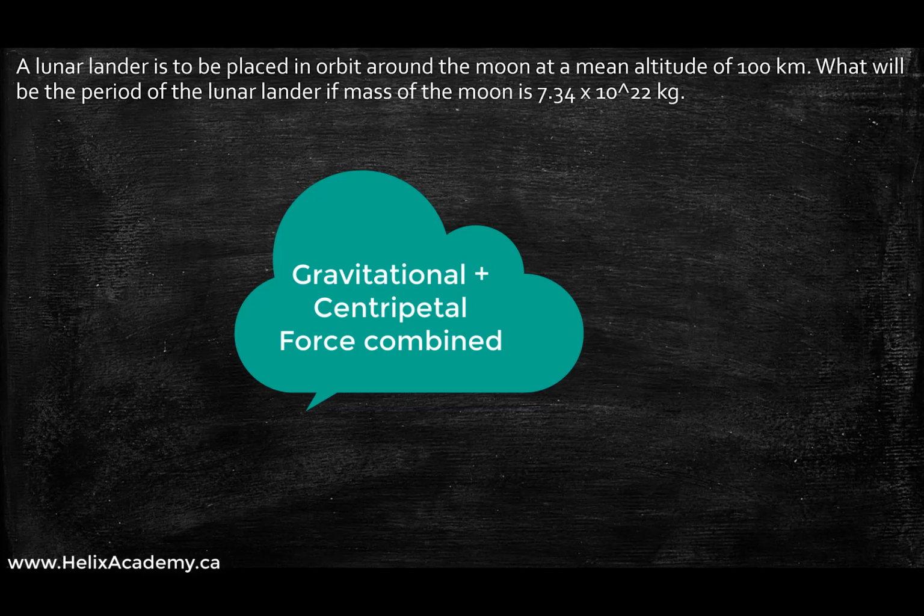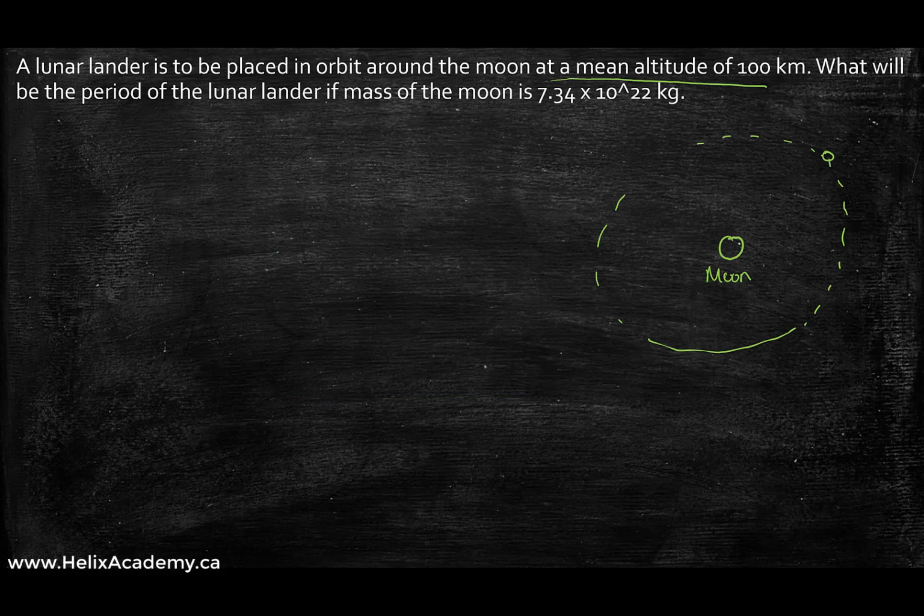So in this question again, we have a situation of a lunar lander going around the moon. So if this is my moon, the lander is around the moon and it's going in an orbit. It says it's at an altitude of 100 kilometers. So meaning, if I were to use a different color here, from here to here is 100 kilometers or